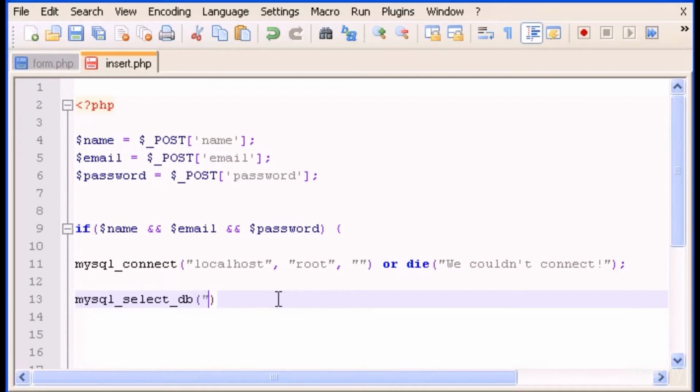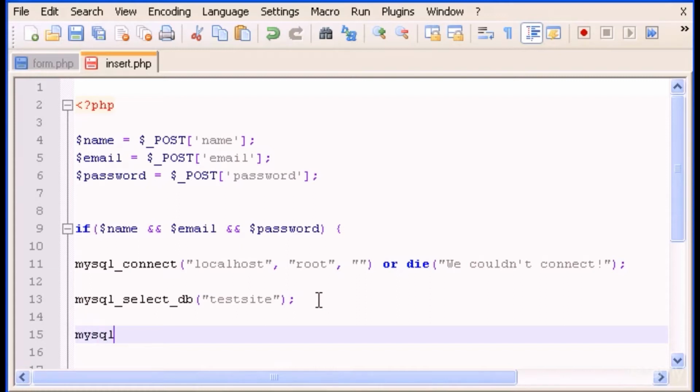This is where you have to type, between the parentheses and between double quotes, the name of the database. And you remember the name of the database we used is testsite, right? Okay, so now we are connected to the database testsite, and here let's type